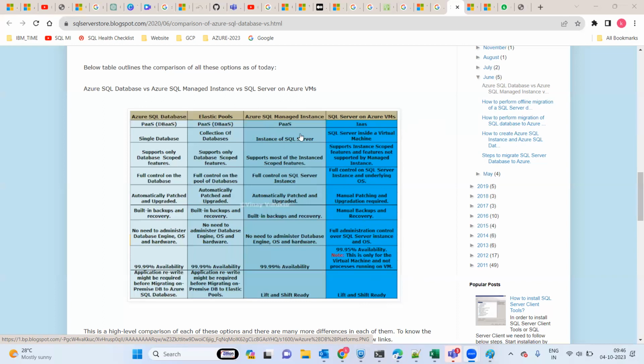And when you go for the platform as a service, as I said, the SQL Server supports most of the instance features, and more in the future. Whatever it is going to support, it supports 99.99%, only 1% it is not going to support. OS level control you don't have. No need for administration of the database, the OS and the hardware. Okay, you don't need to take care of this stuff. This is going to be taken care of by the